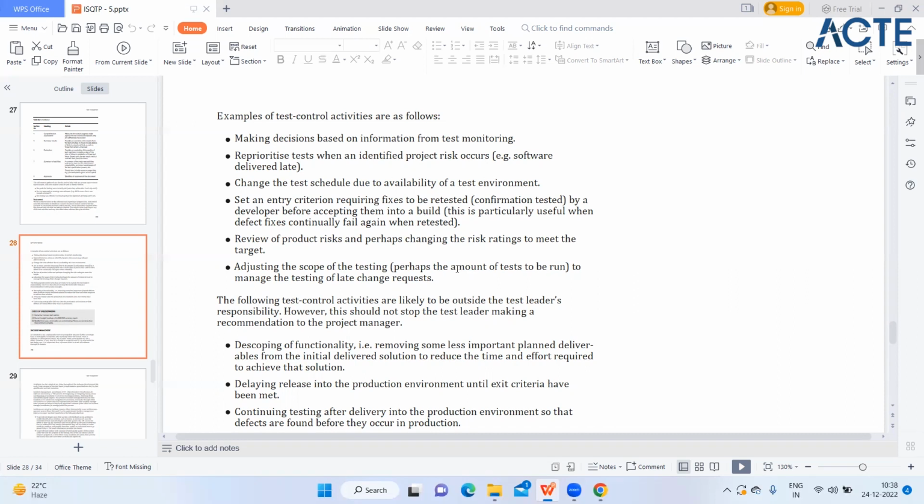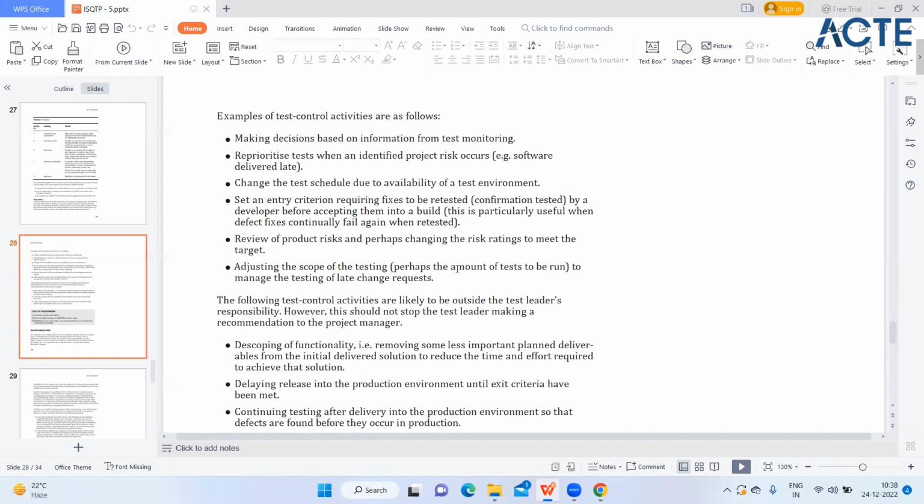Then definitely you will tell your test lead or test manager, I am testing this defect that many times and it is not working. Then definitely it's the responsibility of the developer to first unit test that defect,